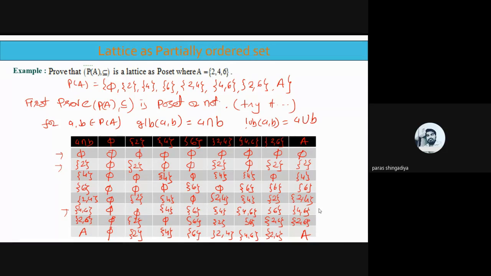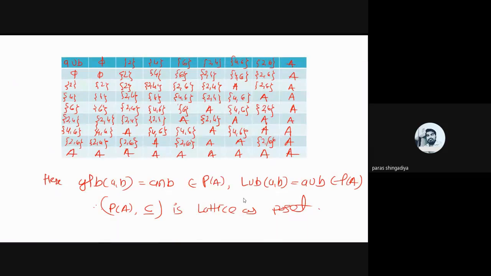So prepare such type of table and you can easily check all these values from this table. And we can say that all values belong to the P of A. So take the screenshot of this page and then the next page. If needed, it is not compulsory that you have to take the screenshot, but it is the solution. And now next is this one.